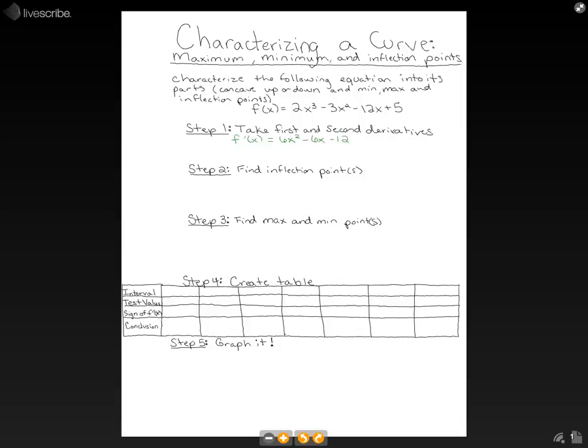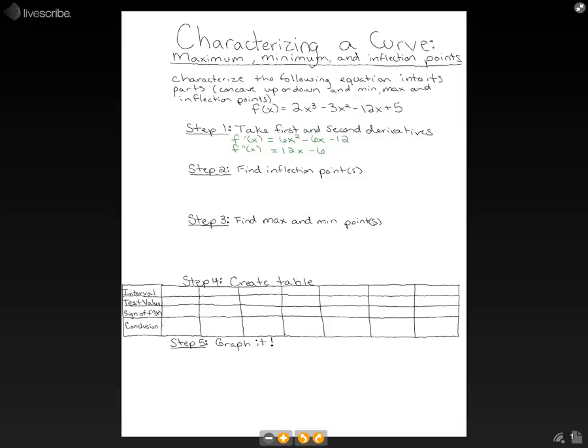Now we take the second derivative. f double prime of x is just going to equal 12x minus 6. Now that we have this, we can go on to step 2, and that's where we're going to find our